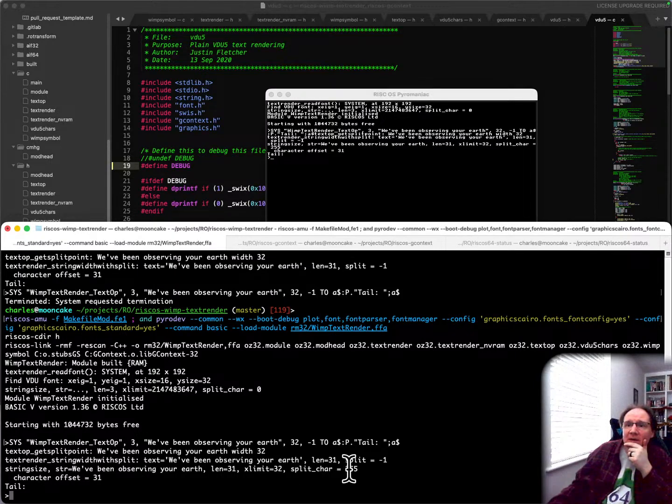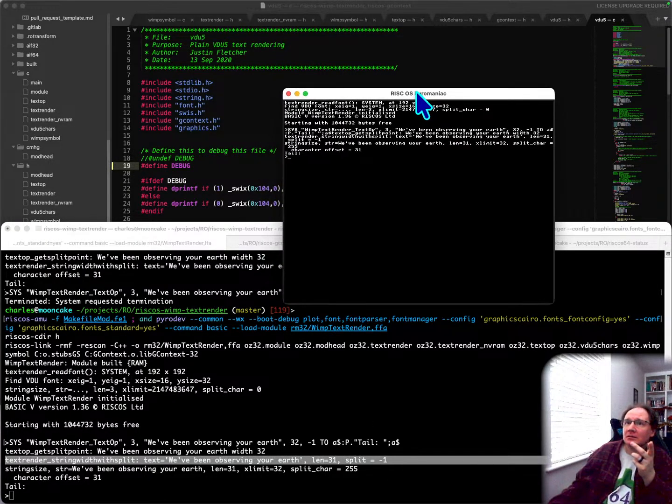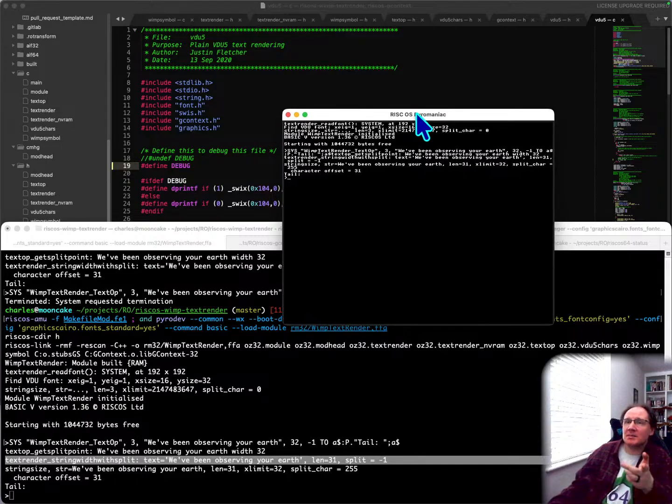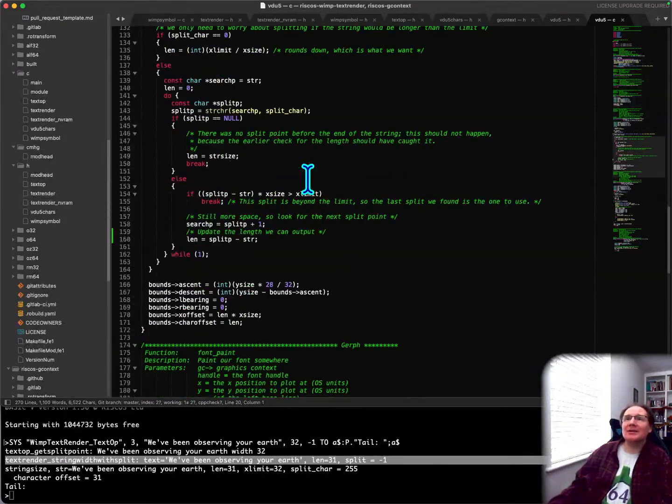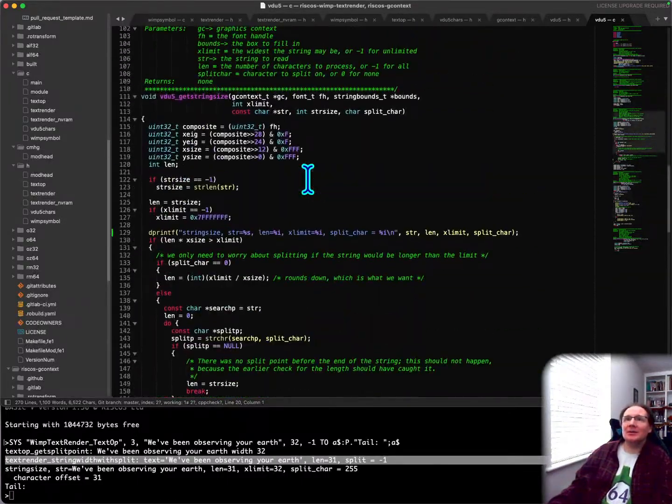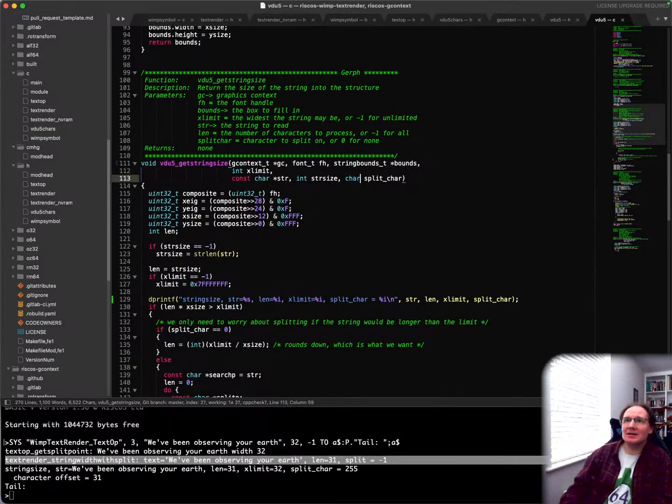Then the split character was 255. Split has been passed in as -1. And we're saying it's -1. So that char is wrong. That char is definitely wrong. Okay, that helps. Because then we can go and put in int in here and say